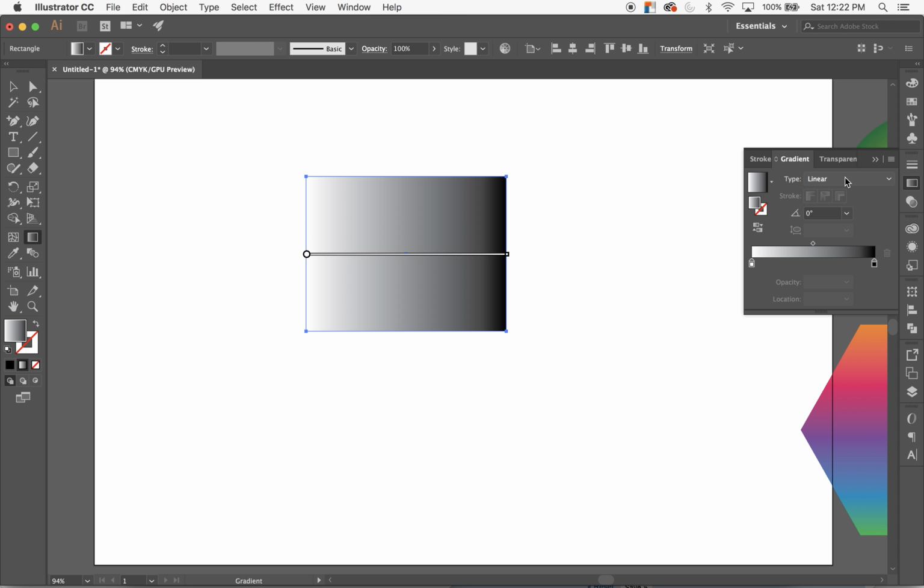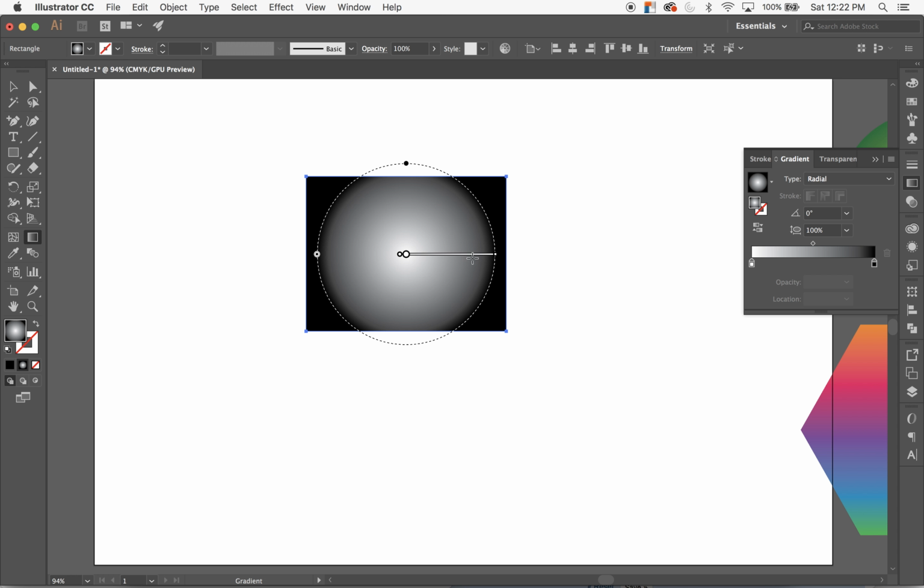Over here in my menu, I'm going to switch it from linear to radial. And now that gives me a circular gradient. This gradient tool works a little bit differently. Where you start to click, it's going to put the center of the circle,